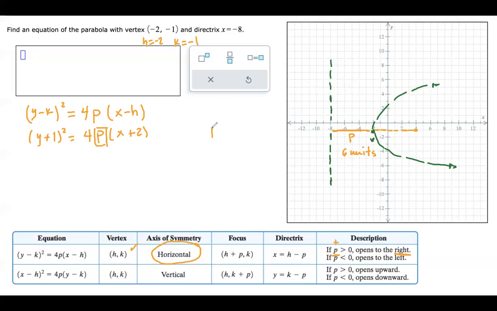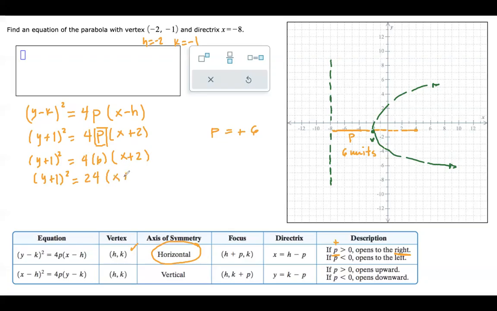So if p is 6 units and the parabola is opening to the right, we're going to use +6. So we're going to do y plus 1 squared is equal to 4 times 6 times x plus 2. So finally, we have y plus 1 squared is equal to 4 times 6, 24,